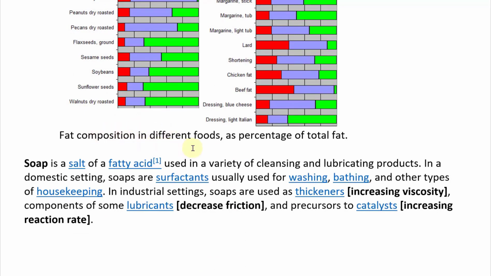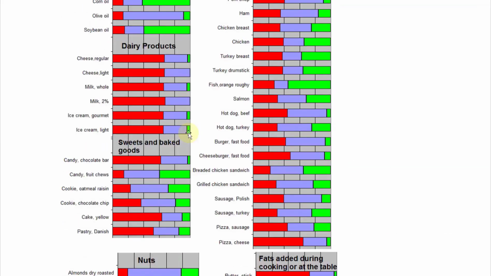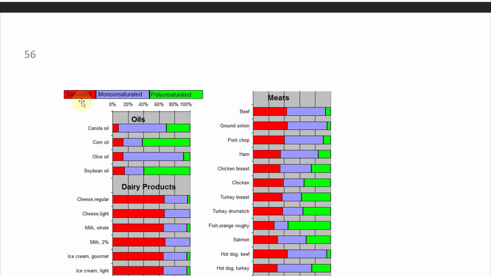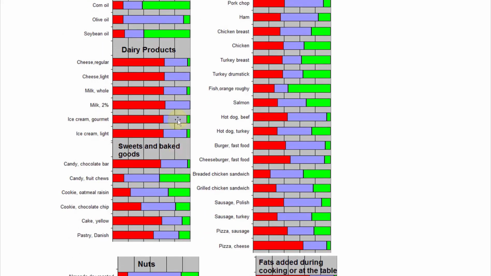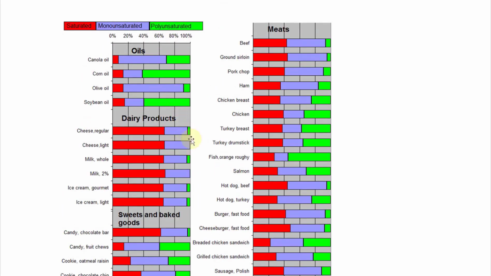Going further, here's an example of a list of a whole bunch of different foods: fat composition in different foods as a percentage of total fat. Saturated is red, monounsaturated is blue, and polyunsaturated is green. So oils right here, canola oil, corn oil, all vegetable oil, soybean oil have low saturated, high monounsaturated and high polyunsaturated. And if you look at dairy products, cheese, milk, cream, they have high saturated, a medium amount of monounsaturated, and very little